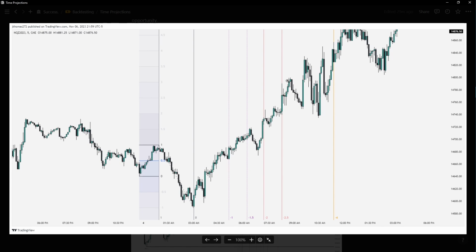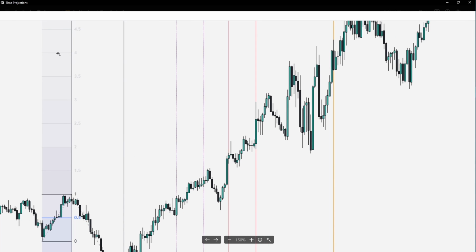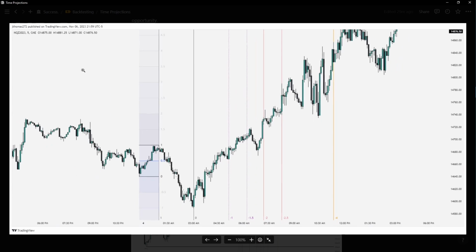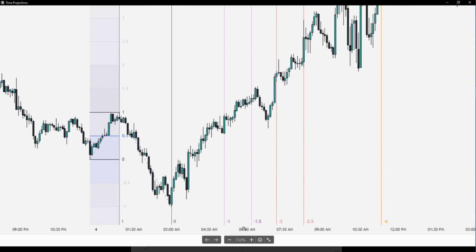You can see price starts to kind of search and destroy conditions in between or during the AM session of New York. But eventually we do reach it right there, the highest formed, and we smash through that -4 price deviation. So this is kind of a larger one. Probably wouldn't be something I would trade. But you can see the entry time does line up with